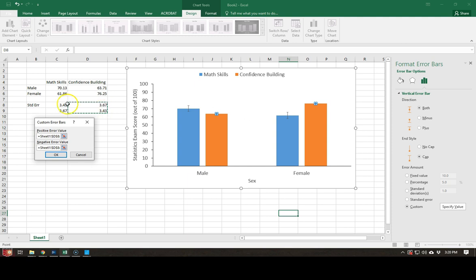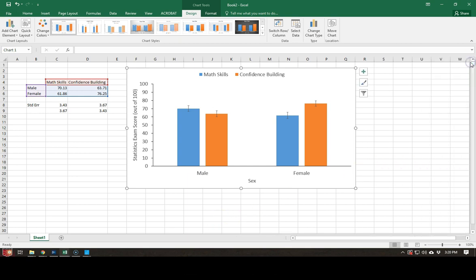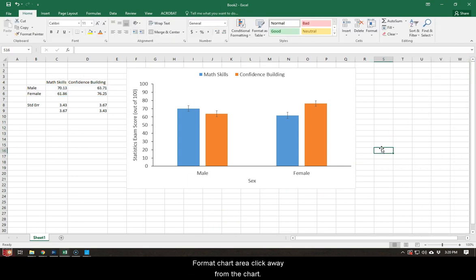Okay, and so they go into the positive and they go into the negative. Okay, and I hit OK, and I can click away from the chart, close the format chart area, click away from the chart, and there we go. We have our bar graph for a 2 by 2 factorial between subjects, independent groups design, males and